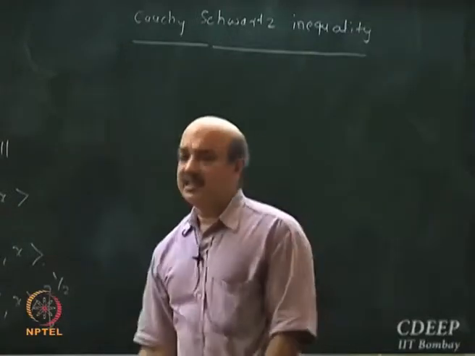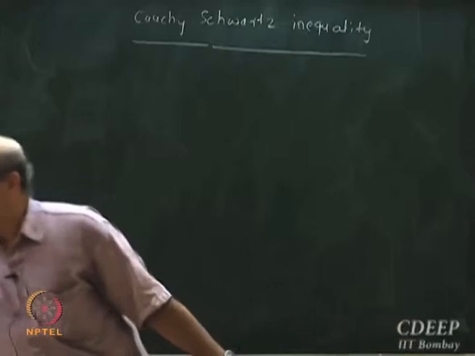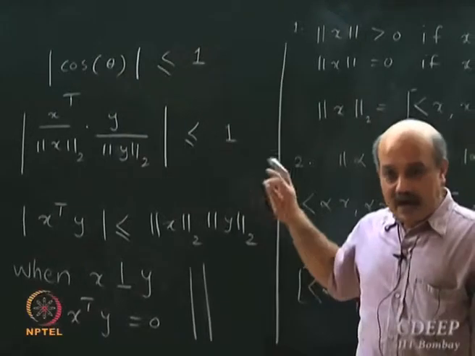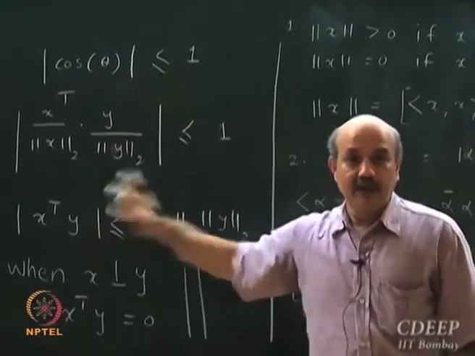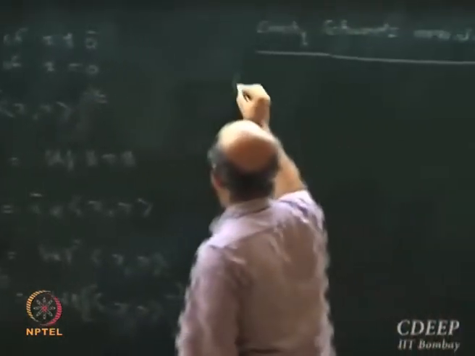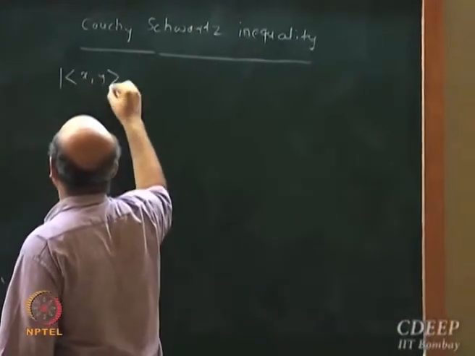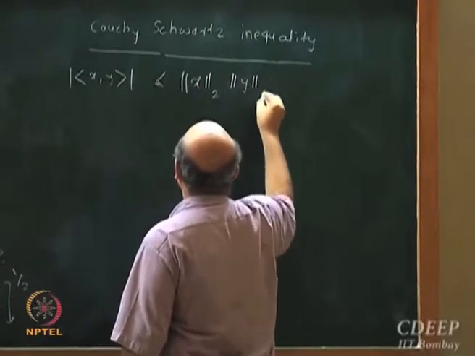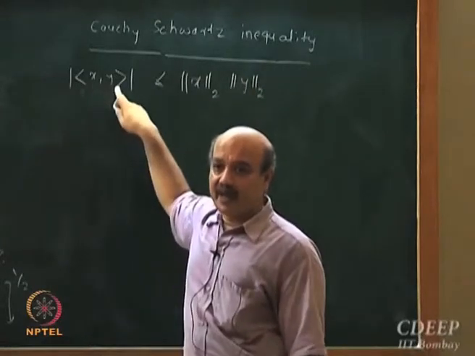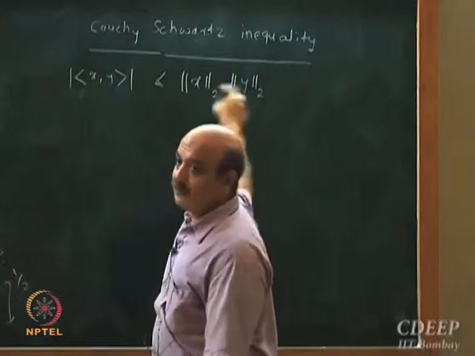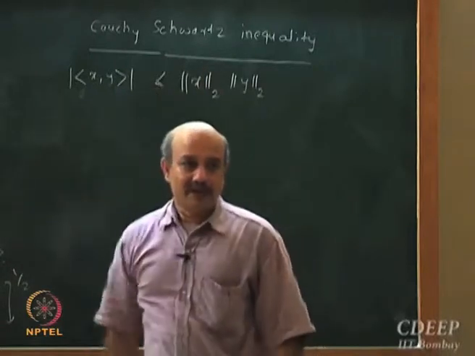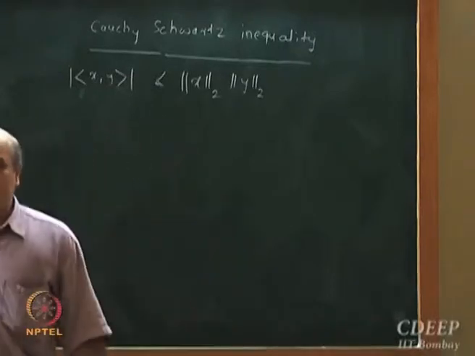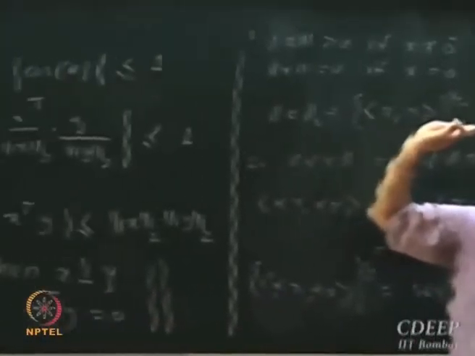So what is it that I want to do? I want to generalize this particular result from 3 dimensions. Except here it is written x transpose y. I want to arrive at mod of x y is less than or equal to norm x. If I take inner product of any 2 vectors x y, its absolute value is less than. Okay, this is what I want to show in any inner product space. That is generalization of the result cos theta is always less than 1.